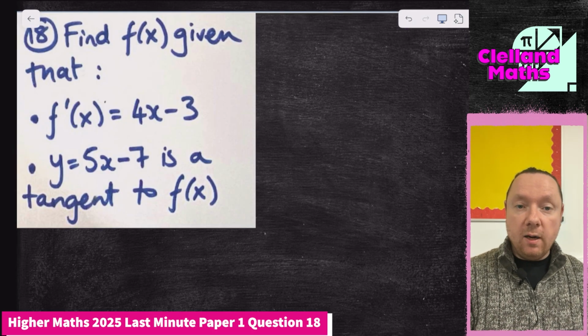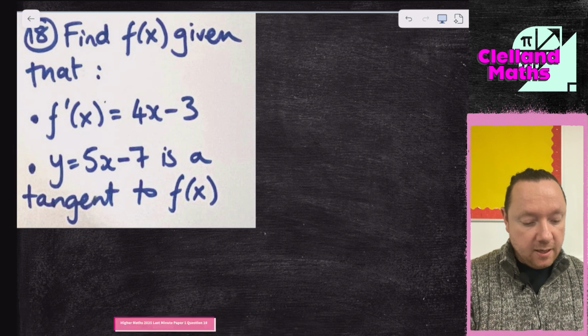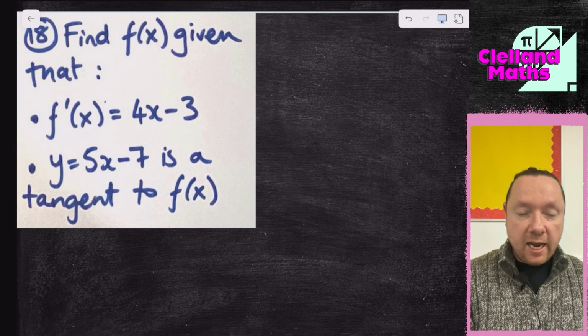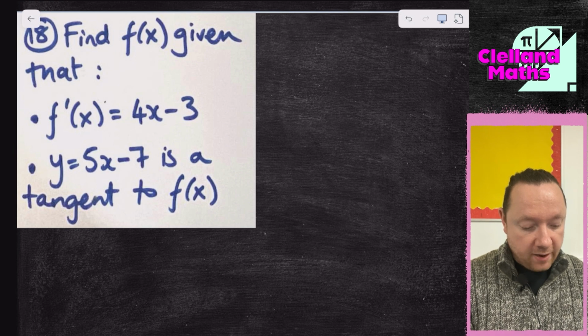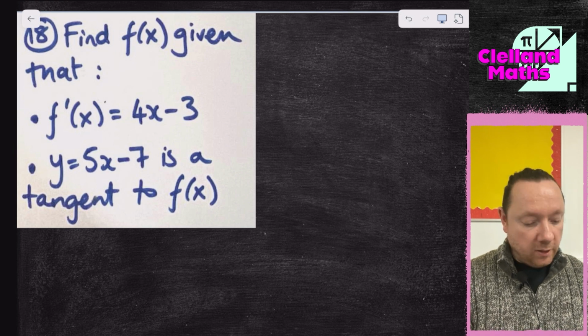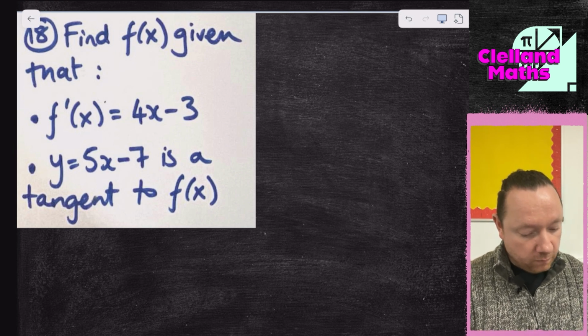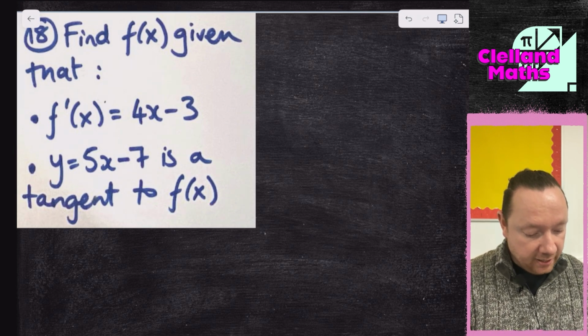SQA Higher Maths 2025 last minute, paper 1 question 18. Find f of x given that f dash x is 4x minus 3 and y equals 5x minus 7 is a tangent. A couple of ways you could probably tackle this, but I'm going to take the most obvious way. It talks about the tangent to f of x. So the gradient of the tangent